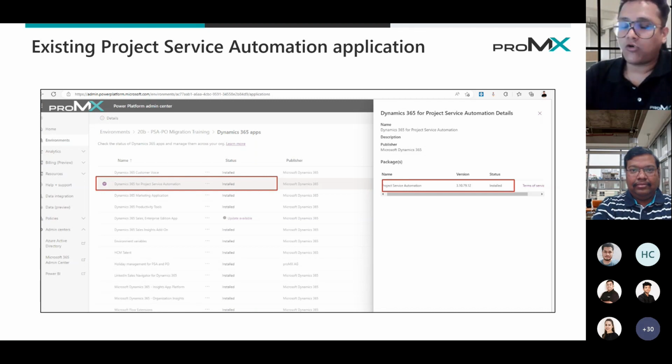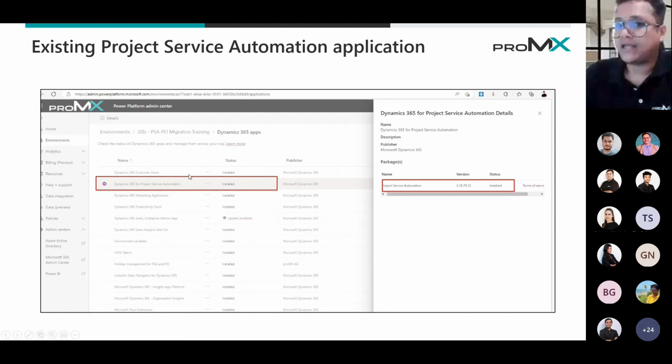So I had already one environment that I replicated from my production, with a lot of data, so as to try migrating and see how successful it is and what challenges can come up. You can see this is an admin Power Platform page which we have opened up. I could see PSA installed here, and I wanted to go and upgrade myself to PO. So what I did is